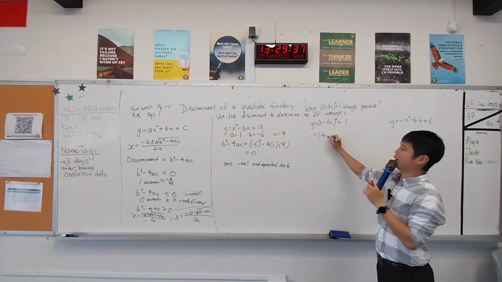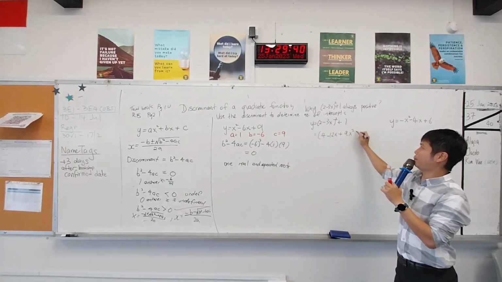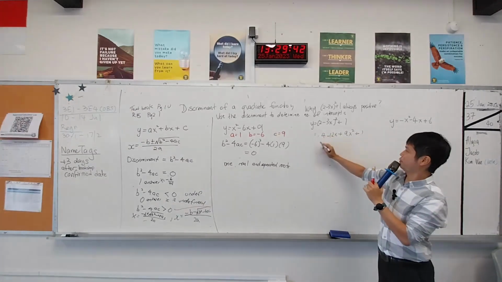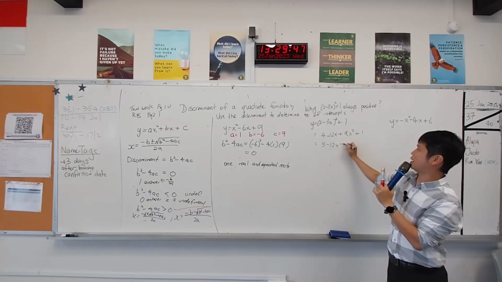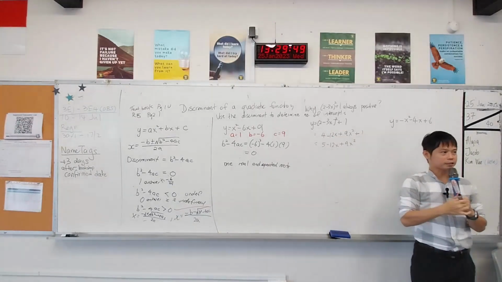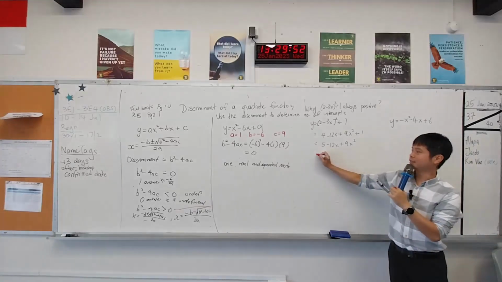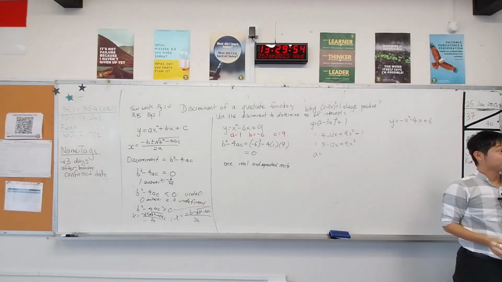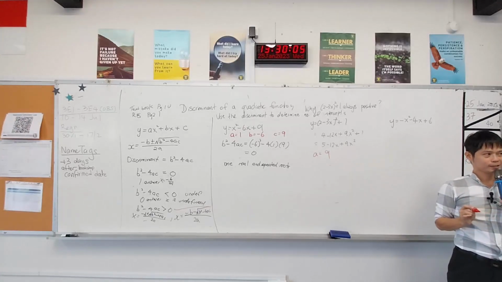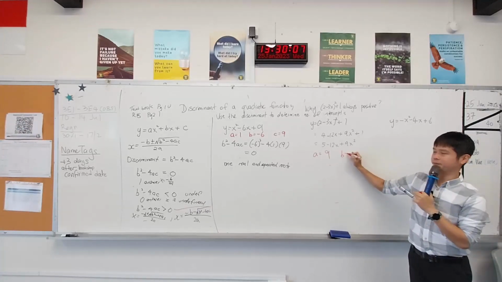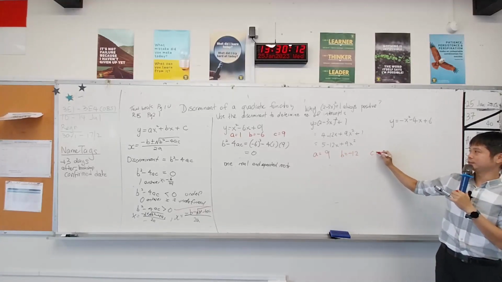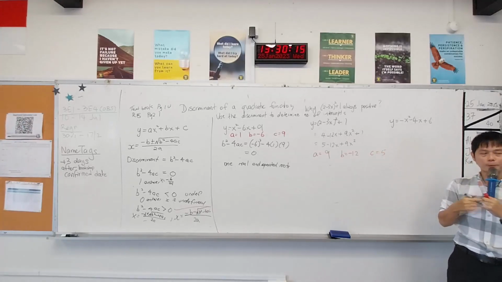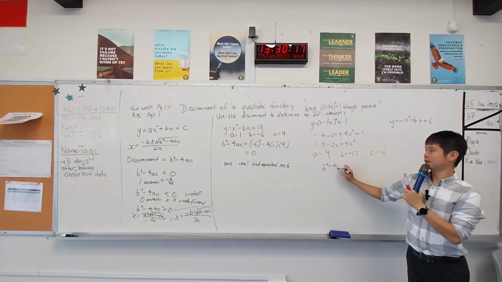So I will have 4 minus 12x plus 9x squared plus 1. And I will have 5 minus 12x plus 9x squared. What is the purpose of this question? What is the value of a? 9. Very good. It is 9. What is the value of b? It is the coefficient of x, negative 12, and the value of c? 5. So when you do now b squared minus 4ac